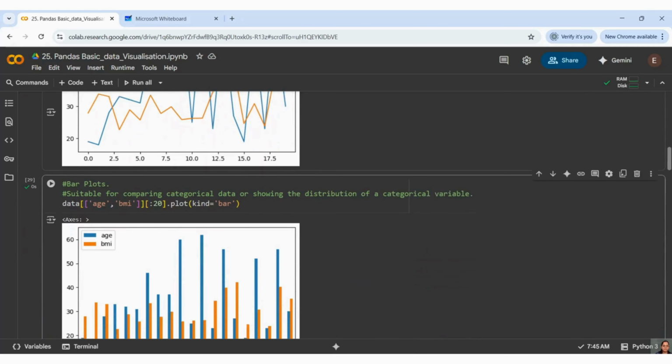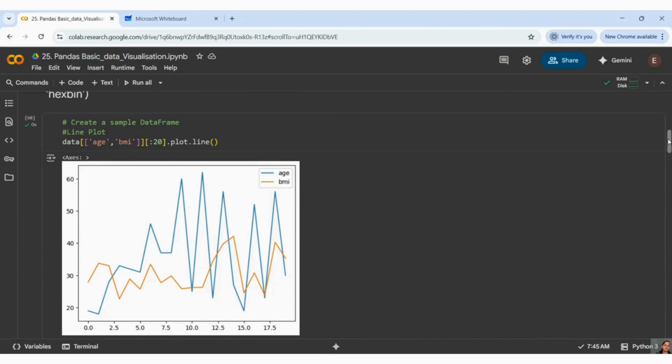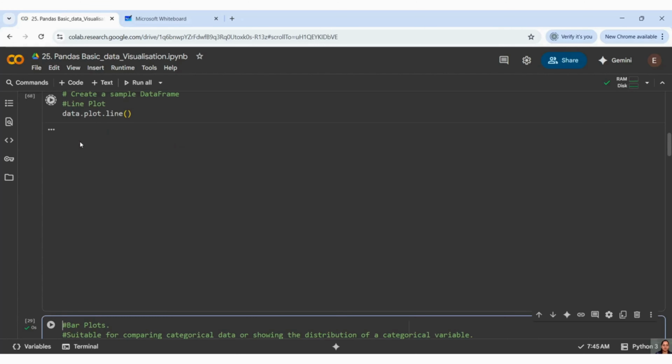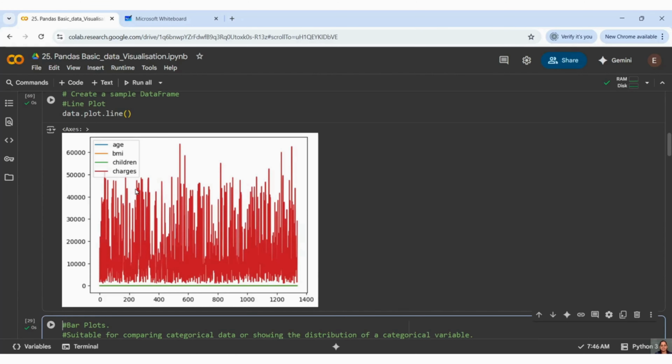Now, if I want to draw the complete thing, I can just do it like this: data.plot.line. See, it's not understandable, right? And when we are doing a line plot, it is always going to take numerical values, because a line can always be drawn with numeric values only.